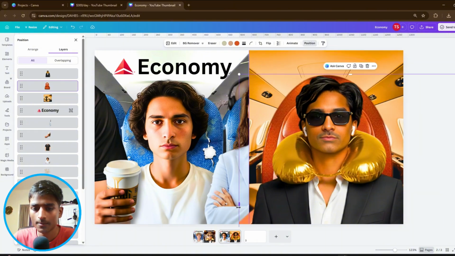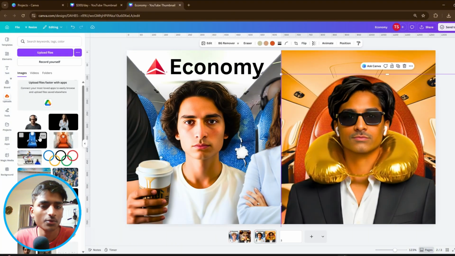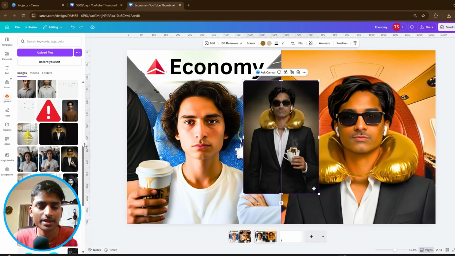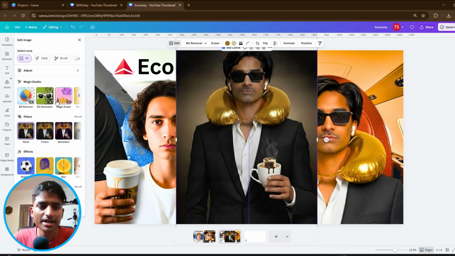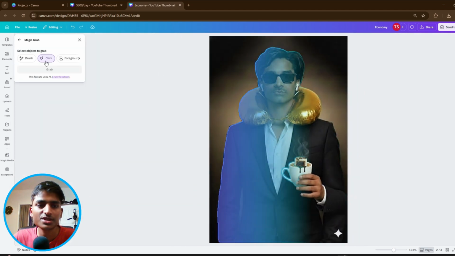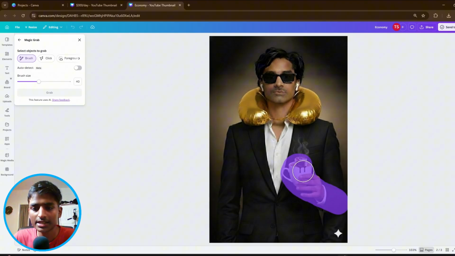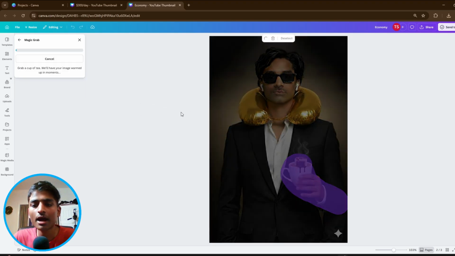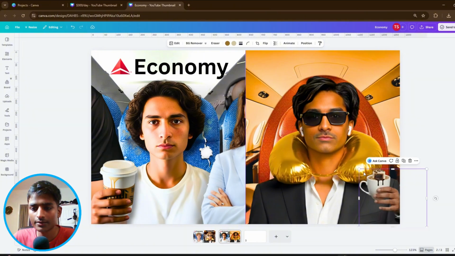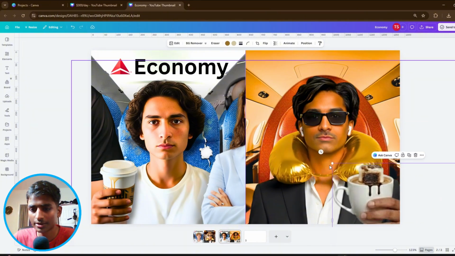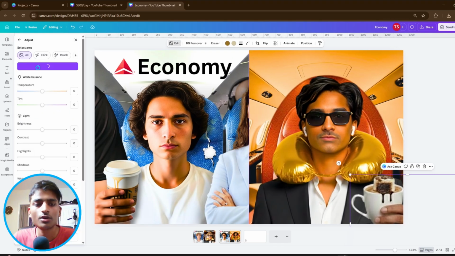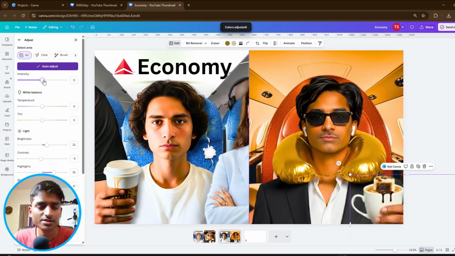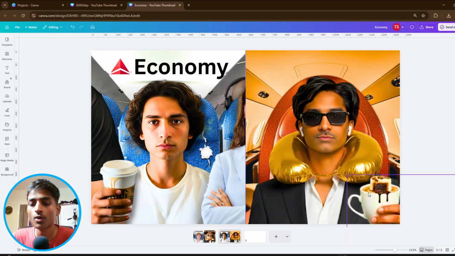Looks fine now. Next, I'll go to uploads one more time, and here's an image of me holding coffee with marshmallow on it. I'll use the magic grab to separate a hand holding the coffee. I'll hit grab, delete the rest, increase its scale, place it over here, increase a little more, go to edit, auto adjust, think it is good, maybe increase the intensity, and we're gonna add smoke on top of the coffee,